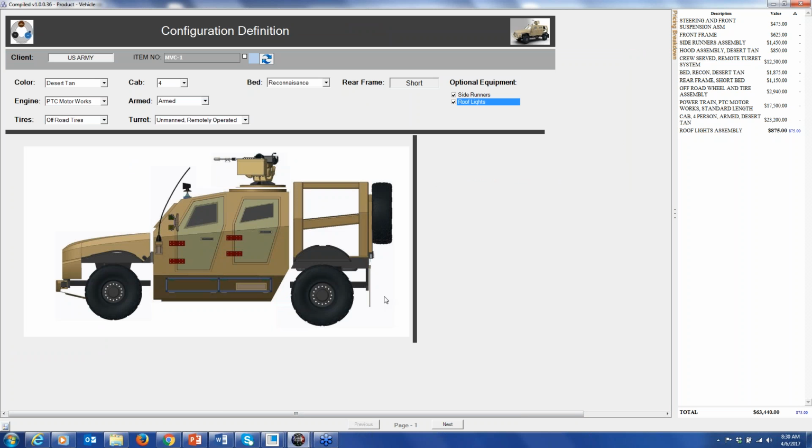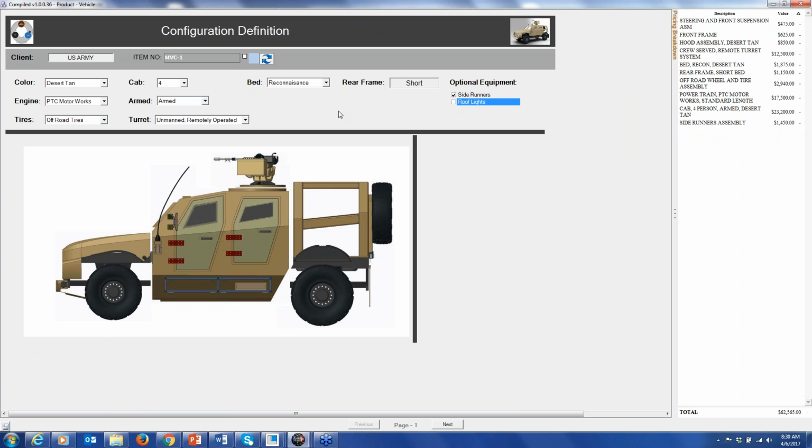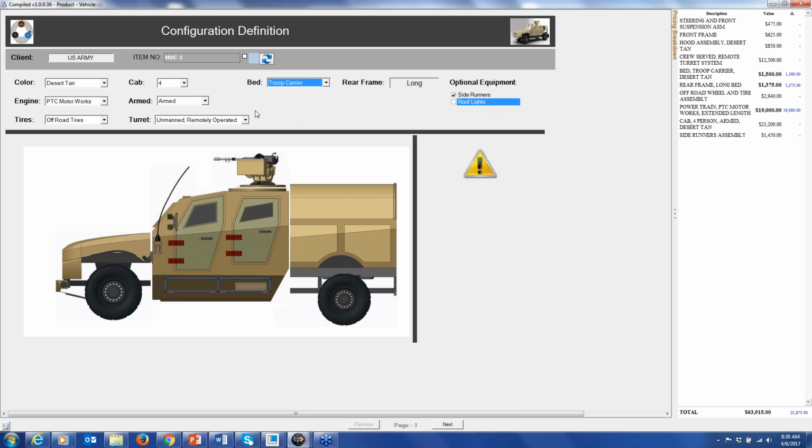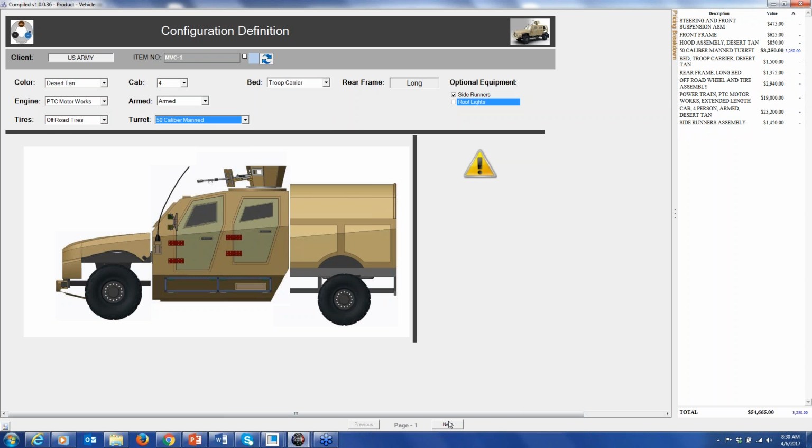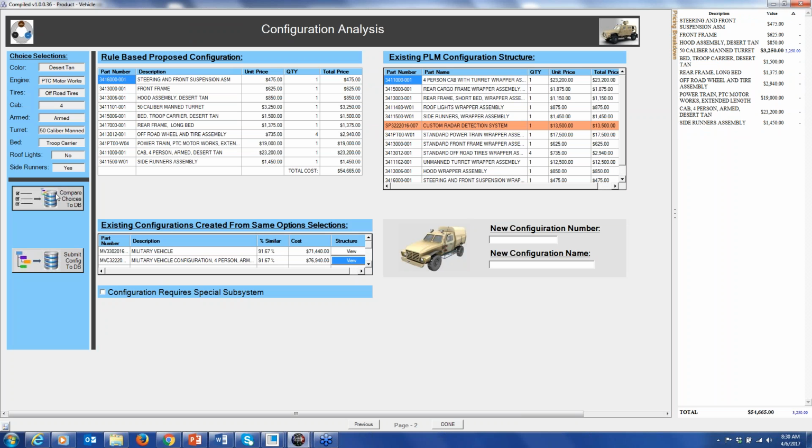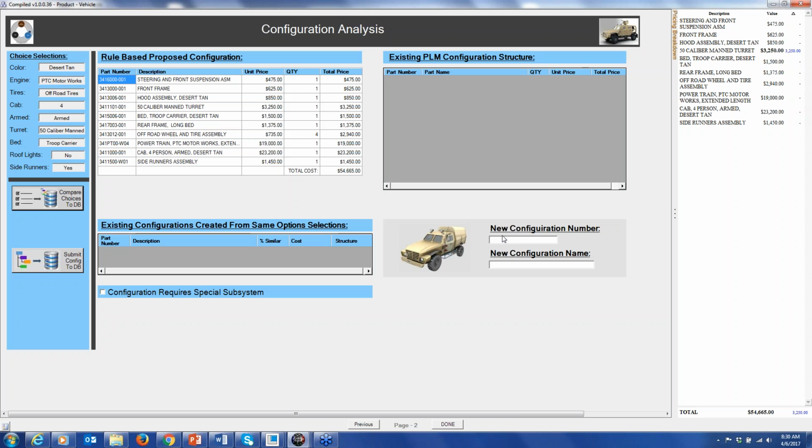Now let's go back to the previous screen, and maybe we want to build up a slightly different configuration. Maybe for this example we'll not use the roof lights. We'll go to this troop carrier, even though it's a long wheelbase, and we'll go to a different turret or something like that. I'll go again to our configuration analysis page. I can tell it to compare it. There's no existing configuration there,